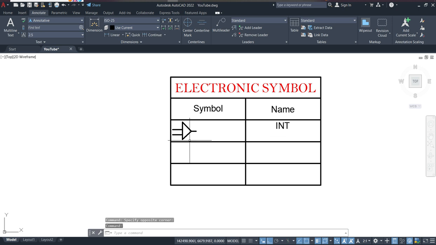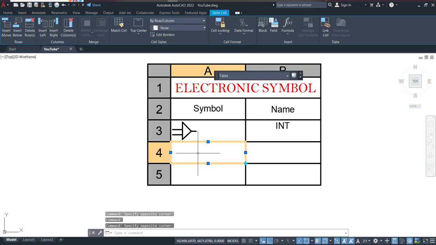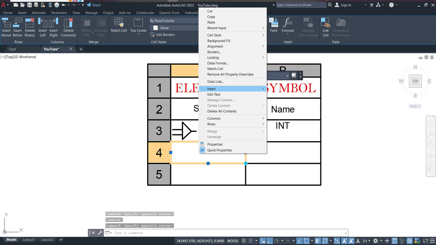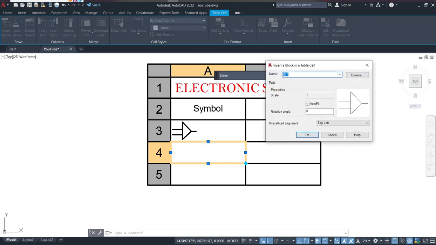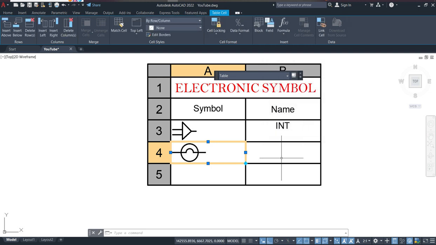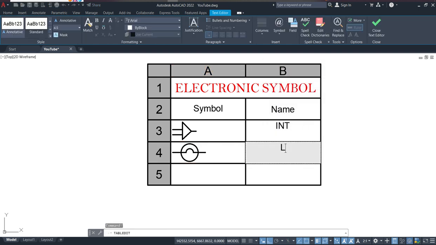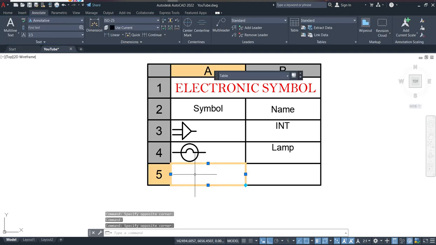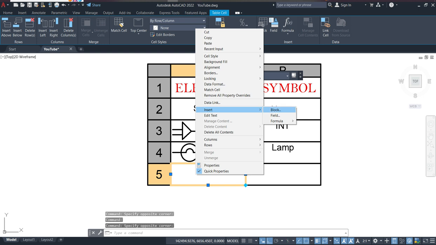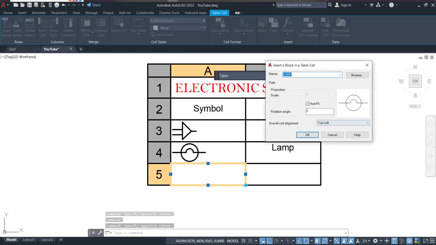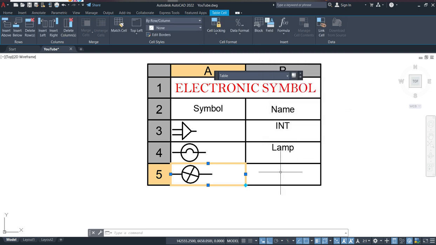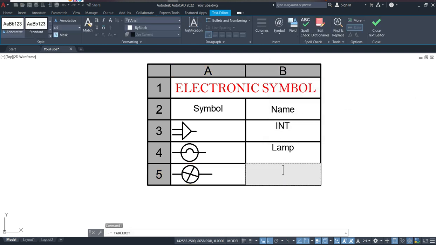Now the second block, right click again, you do the same for all the blocks. So lamp, double click here, write lamp. So insert block, signal, press OK, double click here, write signal,